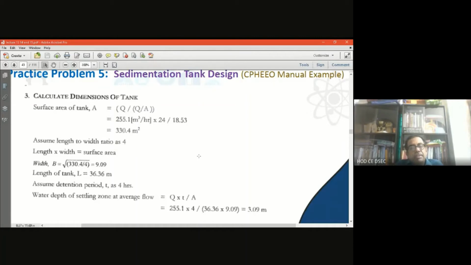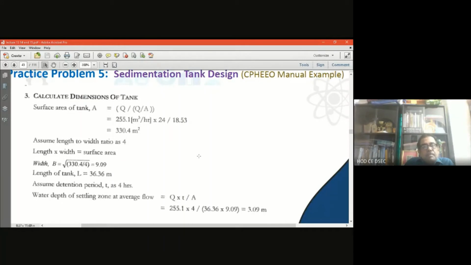So Q is given as 255.1, and Q by A we have found out as 18.53. So ultimately the surface area is nothing but the discharge divided by the overflow loading rate, that is Q by A, which will ultimately give you the area